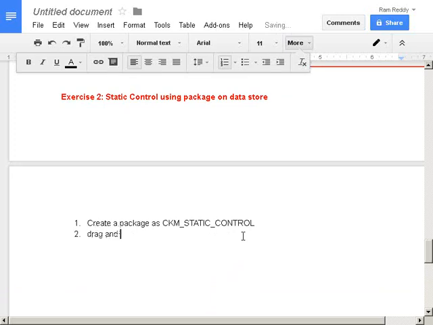Drag and drop the B107 emp data store into the package.